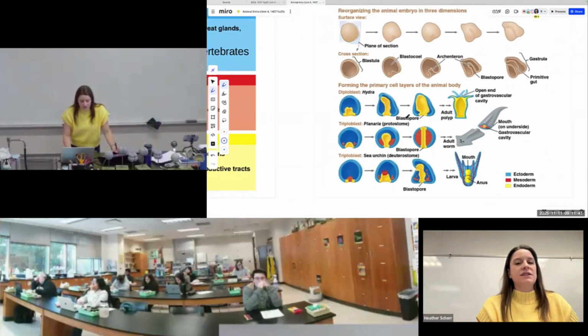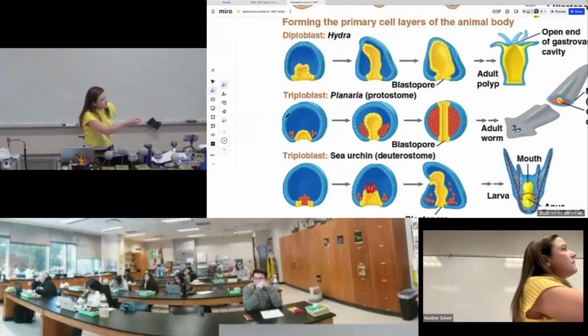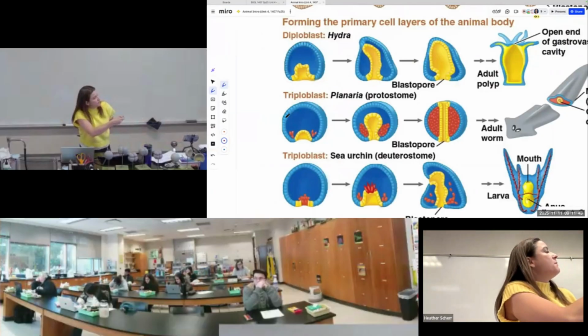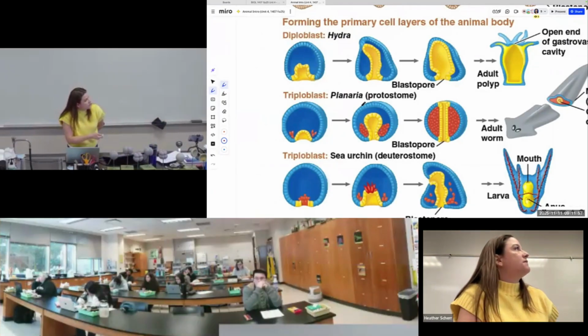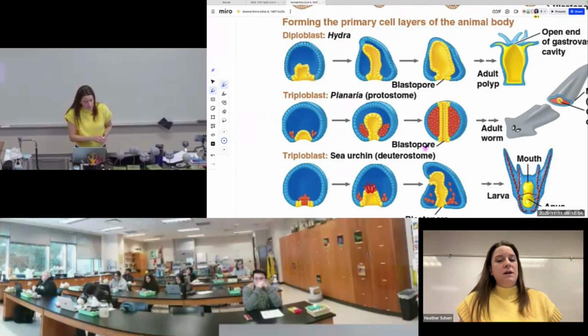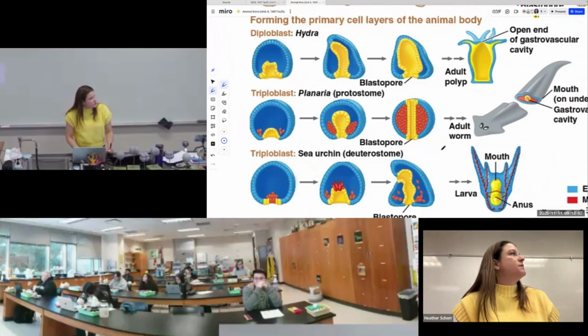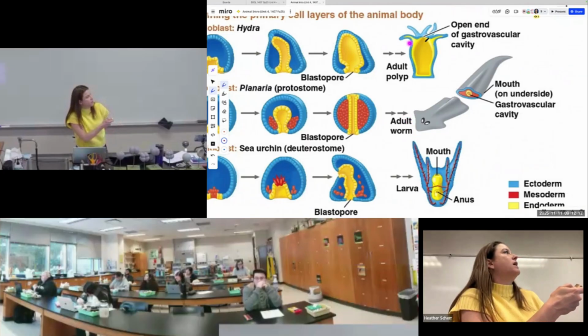And then you can see that here, right? Here are the different embryos. You can see the archenteron forming in all of these. That's early gastrula on the left, and then in the middle you can see the archenteron forming, and then eventually it's going to become a full gut tube essentially. In the adult organisms, this is a gastrovascular situation at the top where it only has one opening,